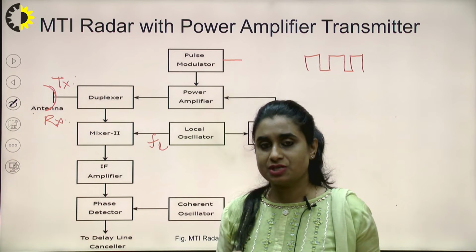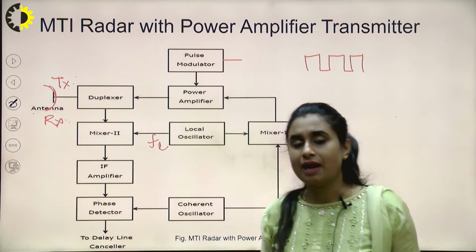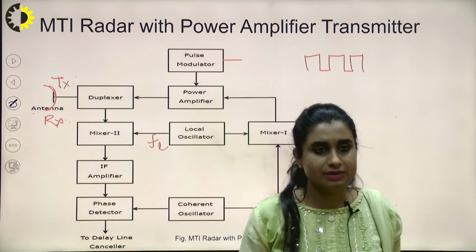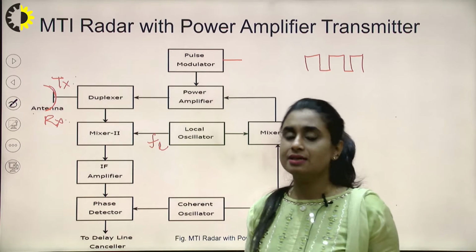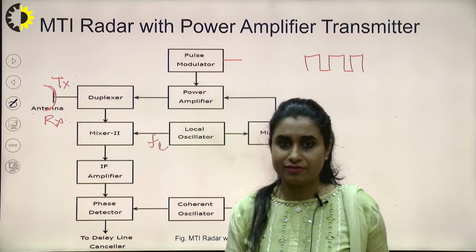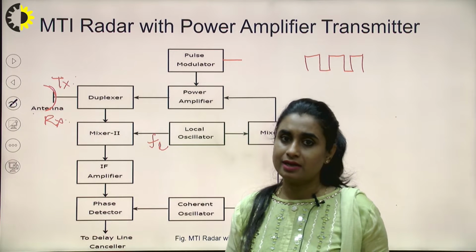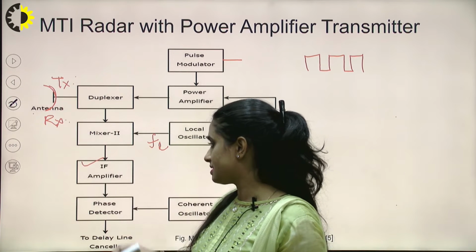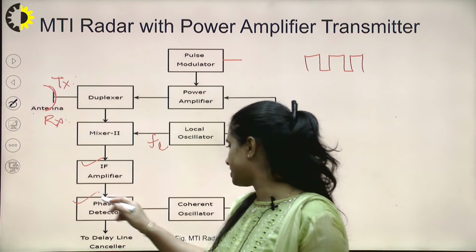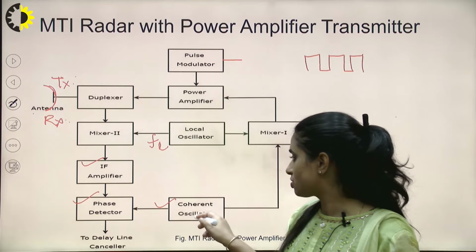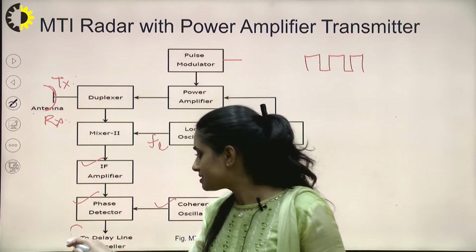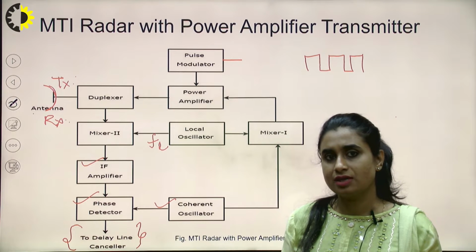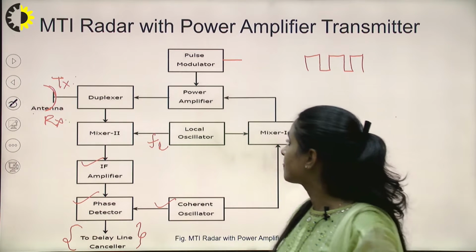We know what happens in reception, demodulation and detection. A radar receiver acts like a basic superheterodyne receiver. So when it receives the signal, the RF frequency is first converted into IF range, then it is converted into the baseband range in which it was originally transmitted. Then the IF frequency is amplified, and with the help of phase detection, which uses a coherent oscillator, and delay line canceller, the DC component which comes into the received signal is removed, right?